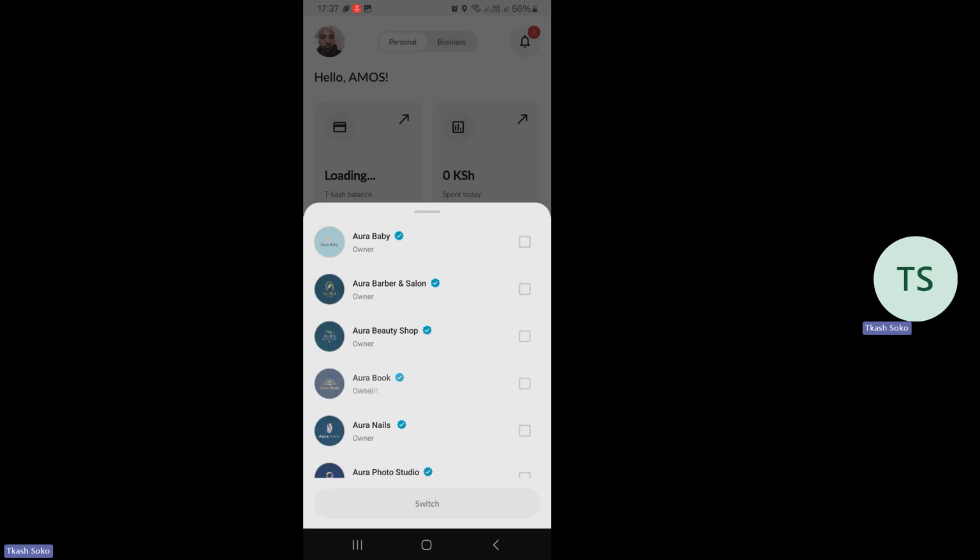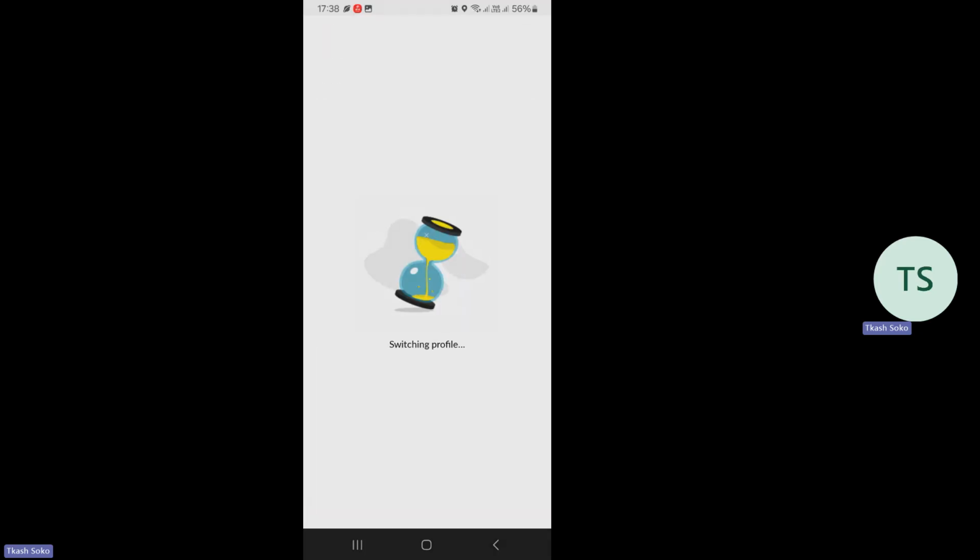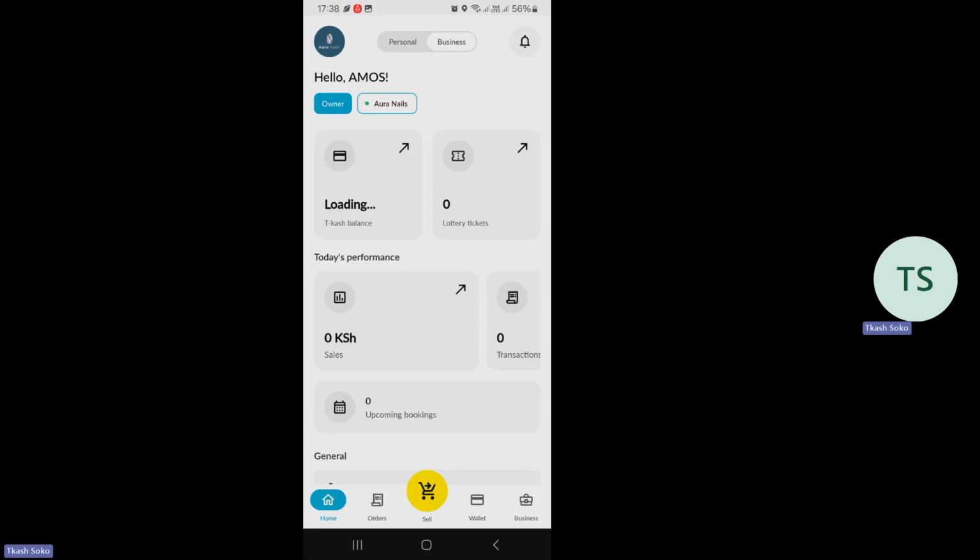Of course I'll switch to business. The reason as to unaona hizi mingi zina appear, it's because I own more than one shop. It is another importance of this app, the fact that unaweza kuwa na biashara zako mbili tatu na unazirun separately using the same app. So it's an amazing platform. This journey is going to be, of course, a benefiting journey to all of us.